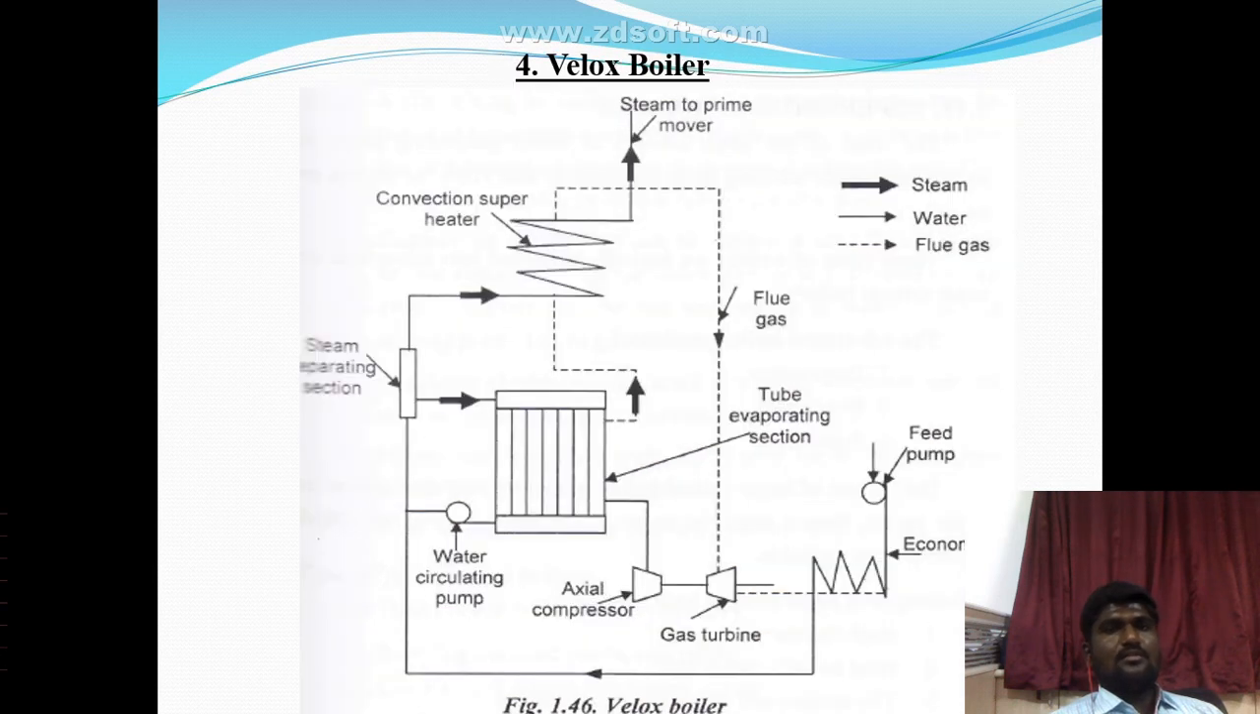Next one is called the Velox boiler. This is a major one in the high pressure boilers. First we use the feed pump with the economizer. The major part is the steam separation section, and we use the water circulating pump and axial compressor. The convective superheater sends the steam to the prime mover, whereas the duct circuits are the steam